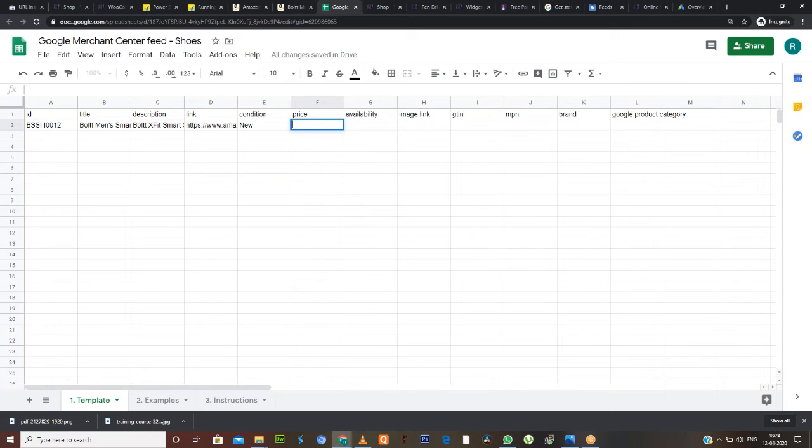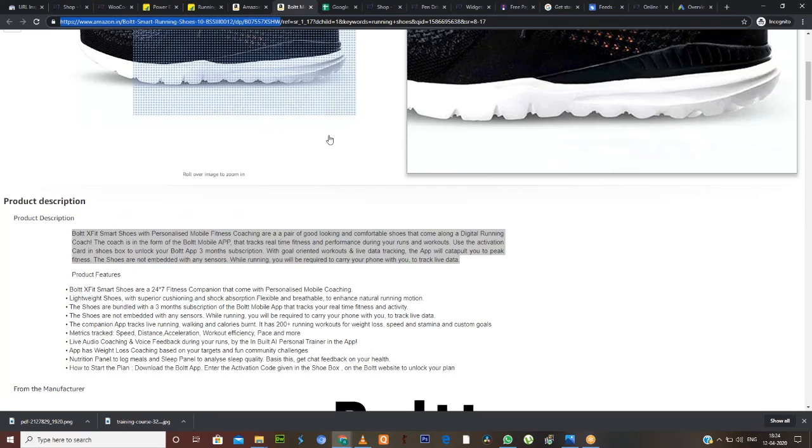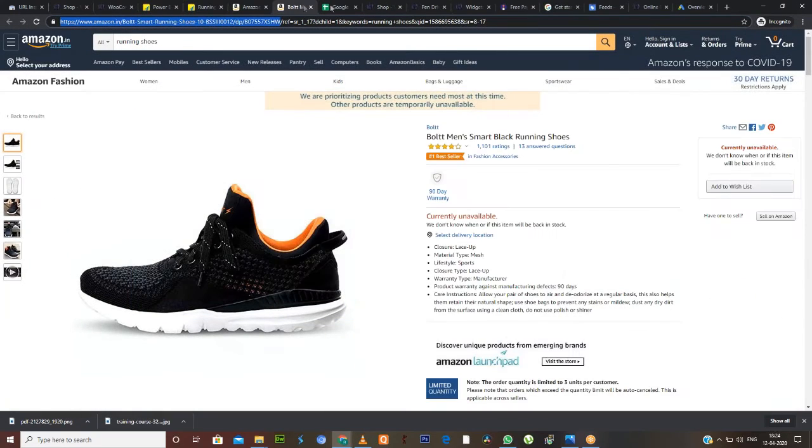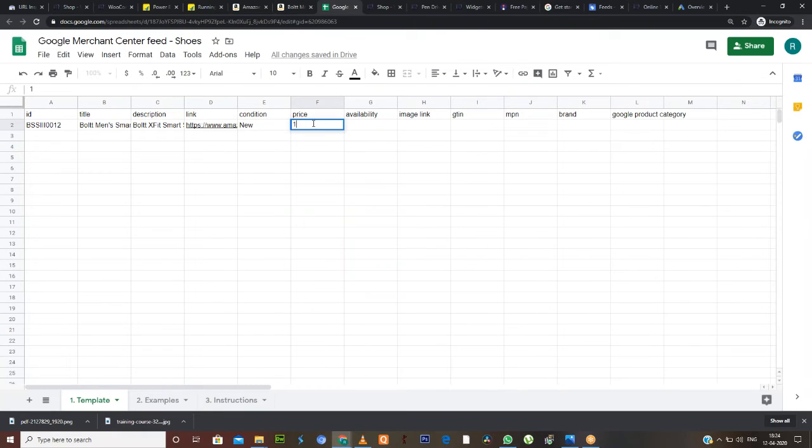Okay. Now what is the price of the product? Right now on Amazon they are not shipping these products, so prices are not available. So you can just put 1000 rupees there. Whatever is the selling price on the website, the same selling price you have to put here. Now how much stock you have? Availability is how much stock you have. You have 5, you have 10, you have 20, so that you have to put in here. So put 20. This is your total number of stock.